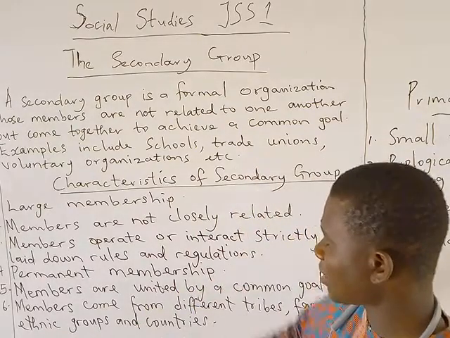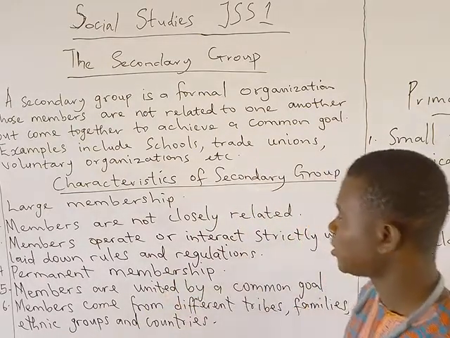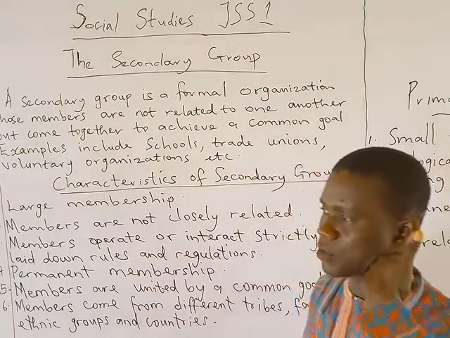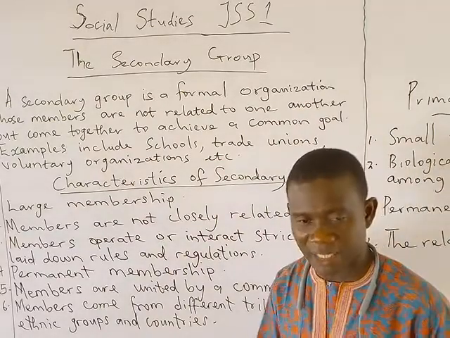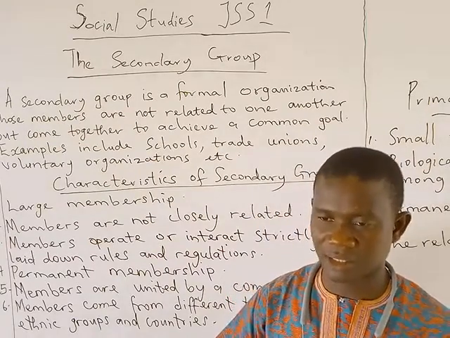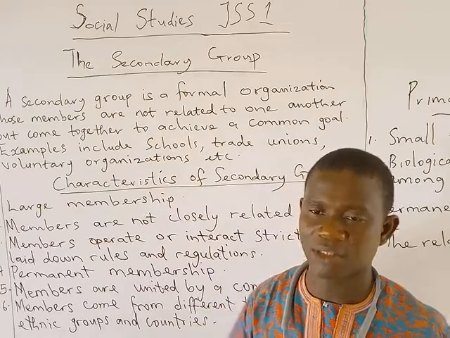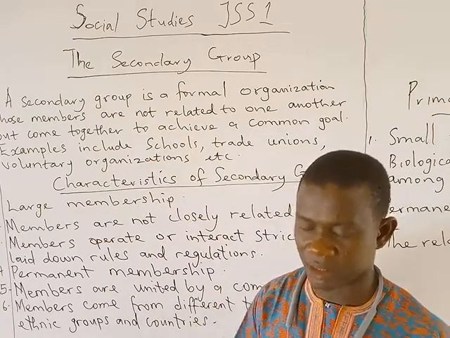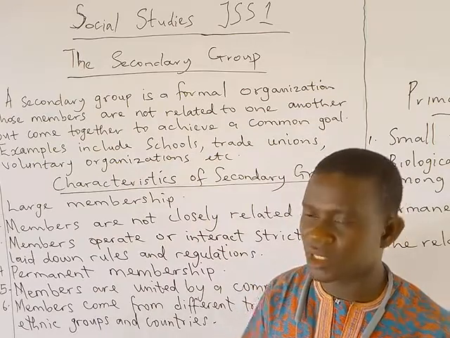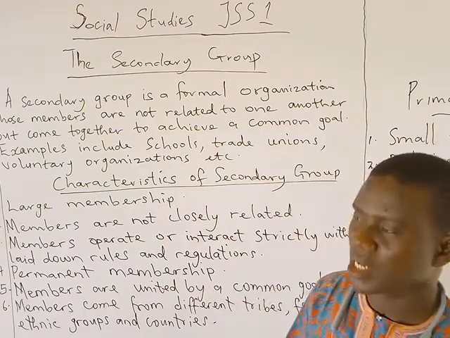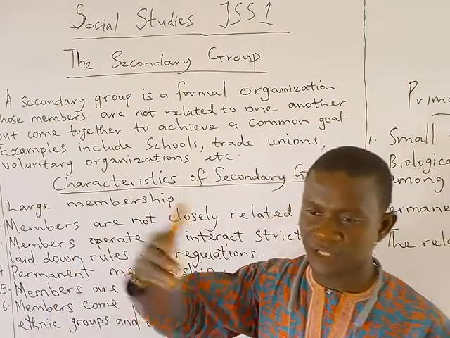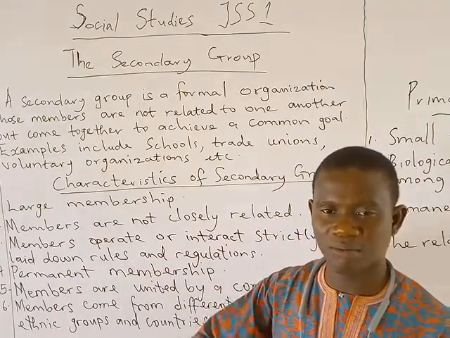So these are the characteristics of a secondary group that we need to talk about. I think they are easy for you to learn. So number one, I said that secondary group has a large size, meaning that membership is large in secondary group. The membership is permanent. Members in secondary group operate or interact strictly within laid down rules and regulations. And then I also said that members of secondary group are from different tribes, different ethnic groups, different backgrounds, or